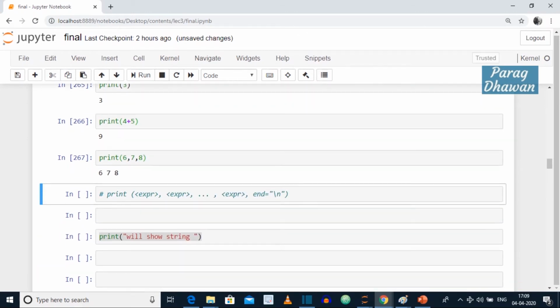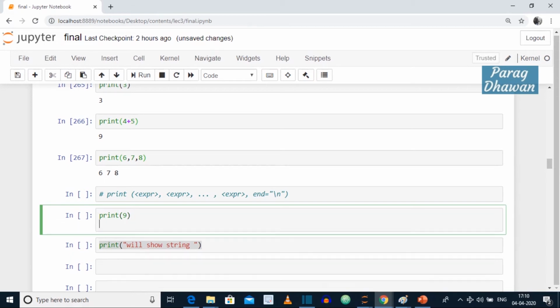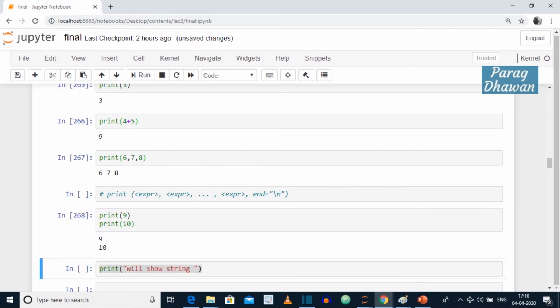By default, after a print statement you go to a new line. For example, if I write print 9, followed by another print statement, print 10, 10 will be displayed on the new line.